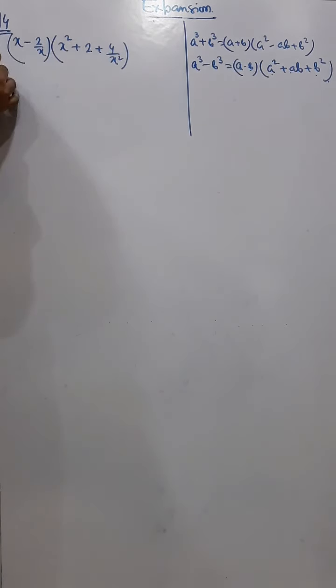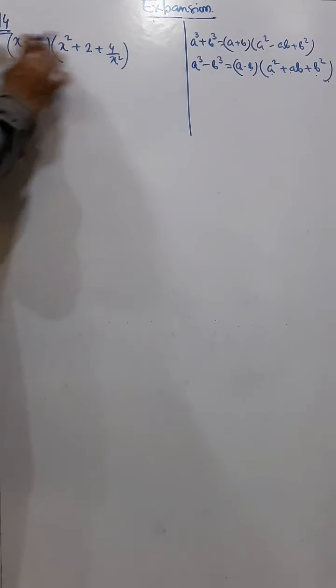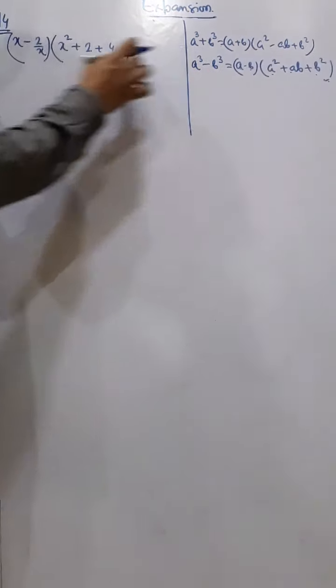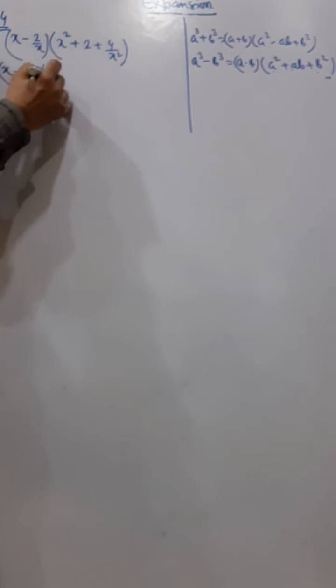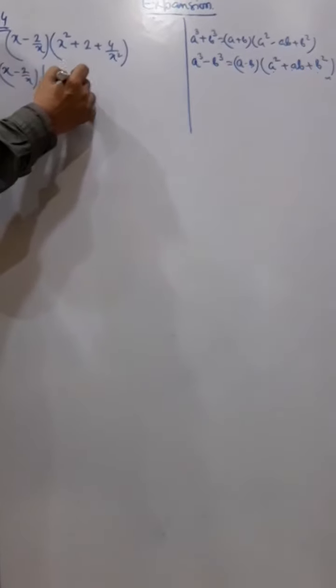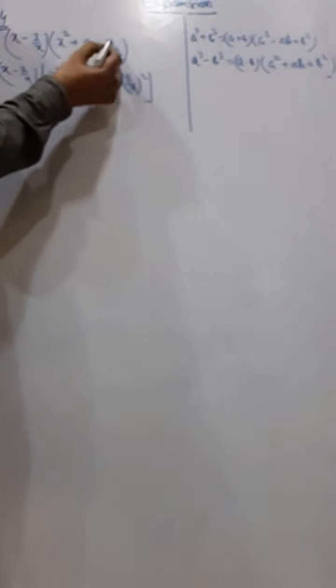Okay, so as usual you have to again write this sum in this format. So this is a and this is b, and this is a square. Okay, plus, as I told you, just keep it blank. Now first you put b square. Now b means what? 2 by x. So b square is (2 by x) whole square, and that means it is 4 by x square.